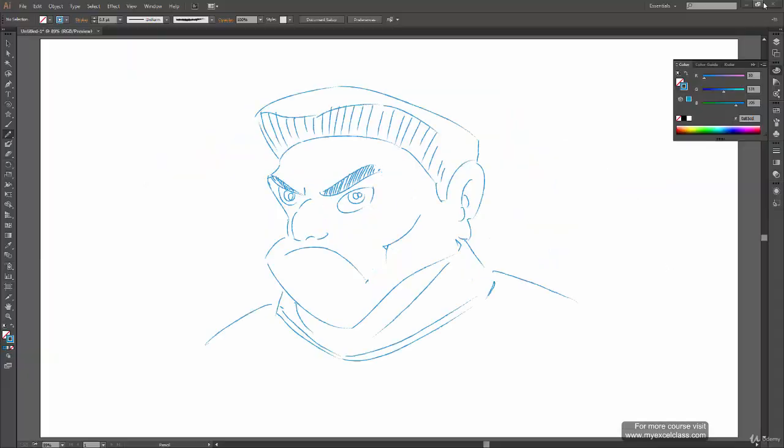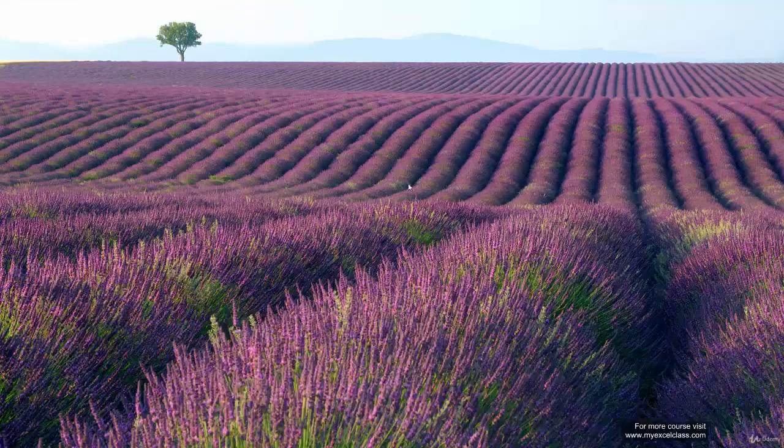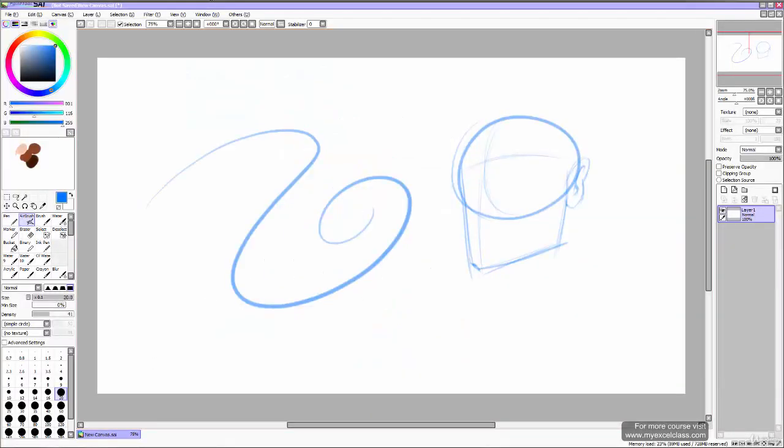But when you draw here in Illustrator using the pencil tool, you don't get all this width or all this pressure information. So it's just a single line with the same width all the time. So if you are serious about sketching and you want to pursue your career or be professional in that, then I recommend using some raster-based software for sketching first, and then you can finish your design in Illustrator or in any other software also.